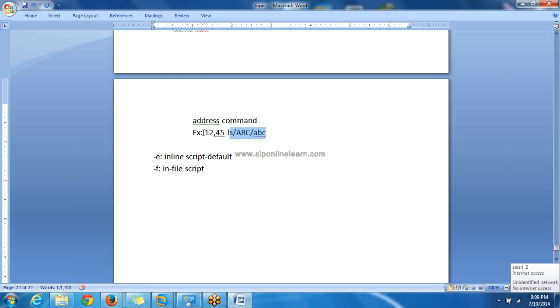It skips only these lines. On these lines, this command will not be executed. Okay, fine.